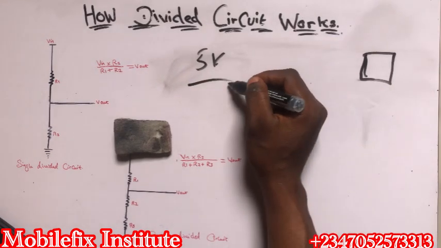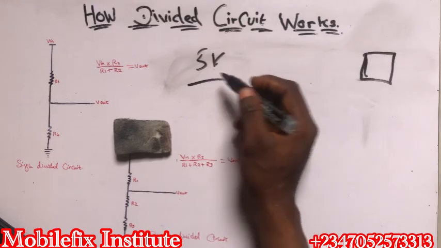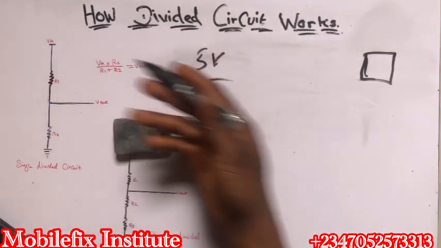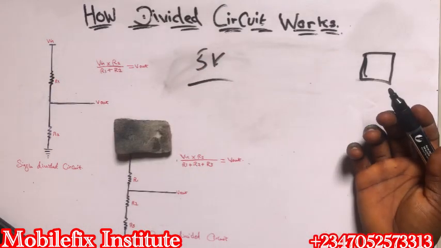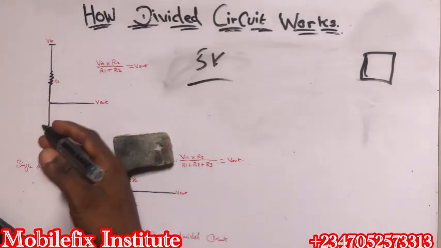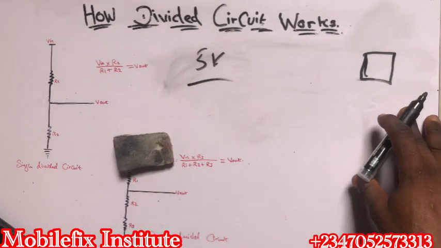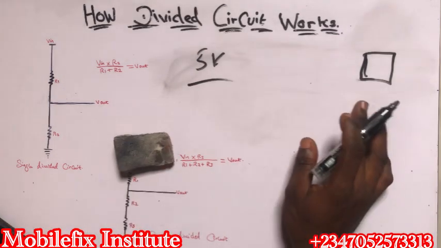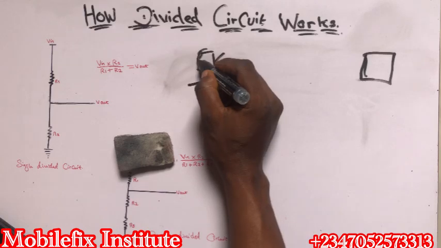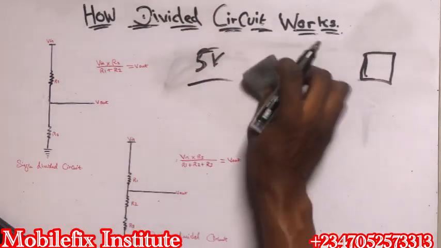Sometimes you find a resistor and divide this, but when there is no resistor that can break down this 5 volts to the required voltage you want, you can introduce a divider circuit into it, and you will know the values of your R1 and your R2 that will give you the required output voltage that you want. Okay, so that is how it works. So you can create a divider circuit to reduce this 5 volts to your required voltage. So we are done with this